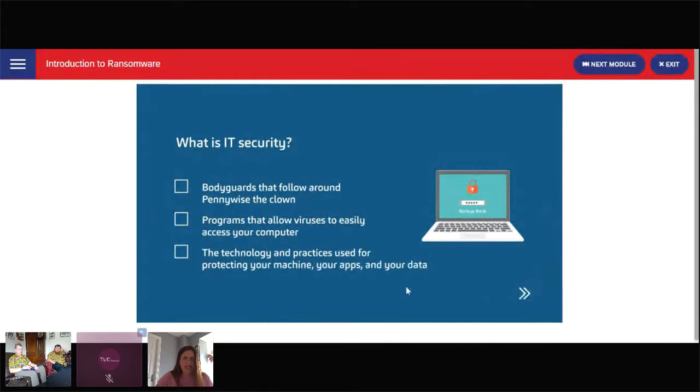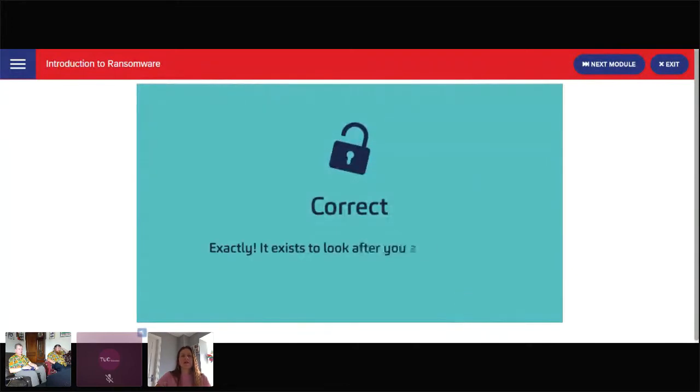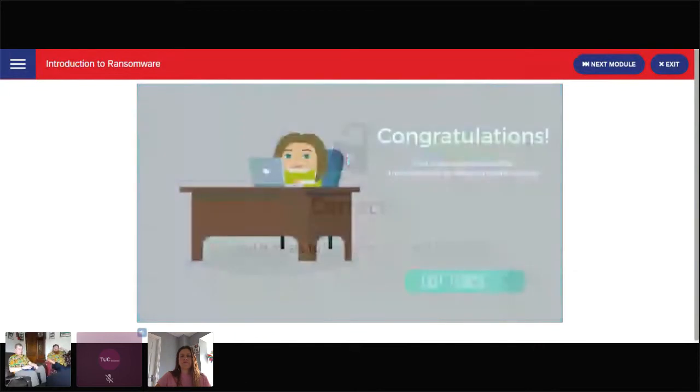So the next one, what is IT security? So I suggest we'll go with the bottom one. Yeah, and submit that one, Mark. Yeah, I mean, this is a bit like some of the little quizzes you have in FutureLearn, Coursera. I recognize this format, and I quite like it because the quizzes themselves are not too challenging, but they just jog your memory on the stuff that you've been looking at over the week. Yeah, and what you'll find is it does ask you things that you've already seen. So is this the end of the course, Claire? Here it is. So okay,